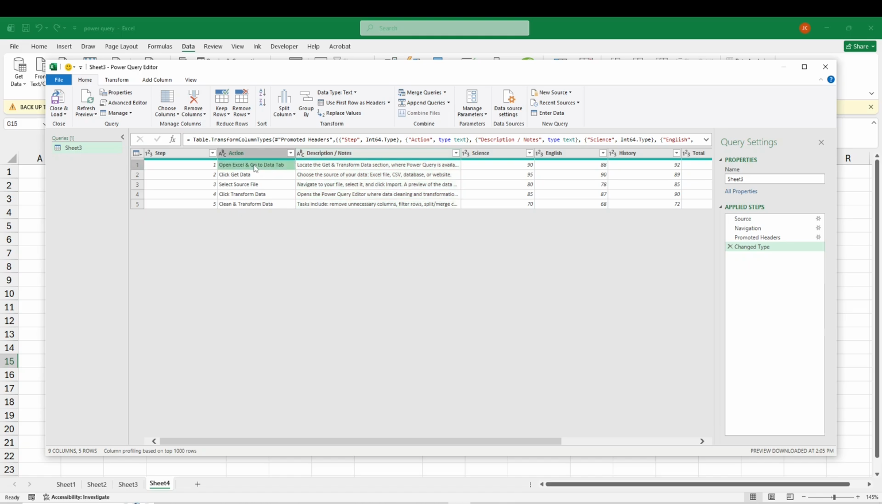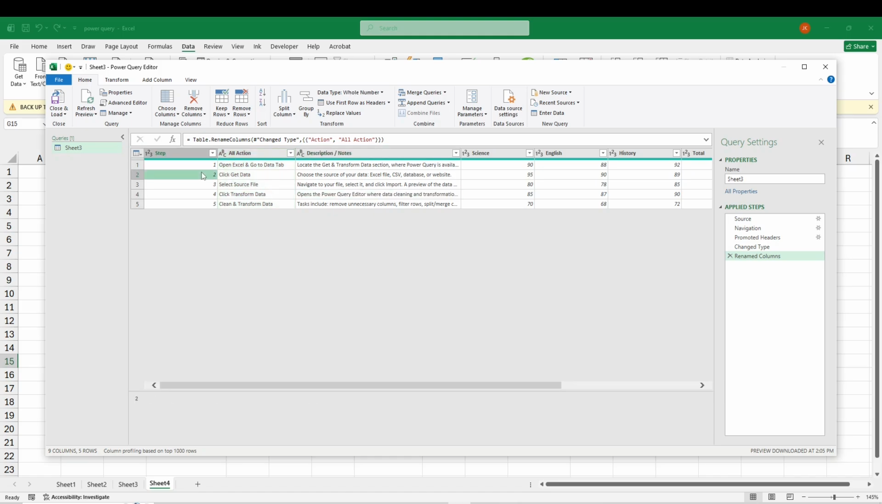For example, if you have a column with extra spaces, you can select the column and use the trim function to remove them. You can also filter rows to show only specific data, or sort columns to arrange data in the order you need. Each transformation is recorded in the Applied Steps panel, which makes it easy to track changes